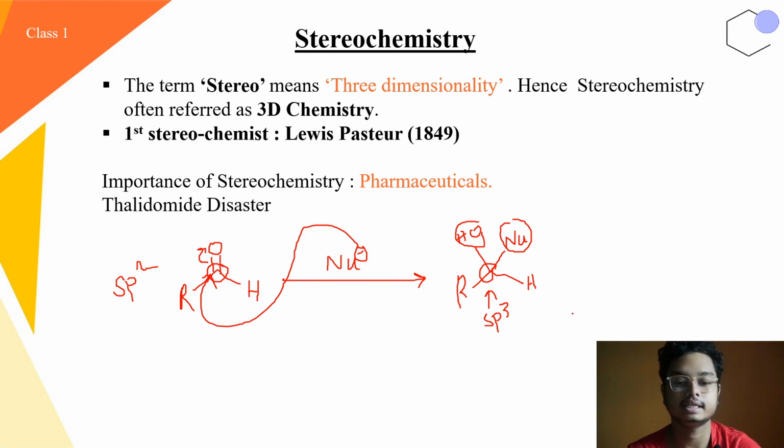So hence it is a 3D geometry, and this orientation is the main importance in our stereochemistry. Due to this orientation or 3D spatial arrangement, the whole concept of stereochemistry lies on this particular thing. Okay, now I will simply remove this and tell you